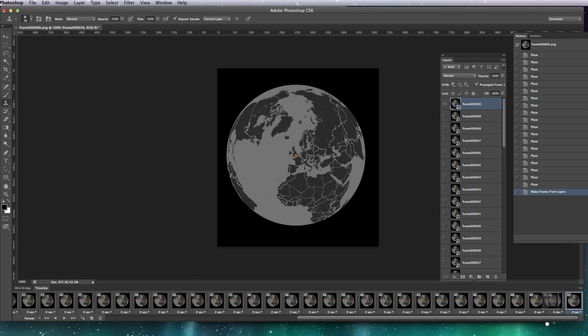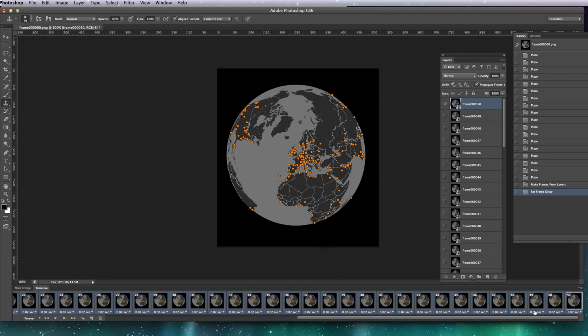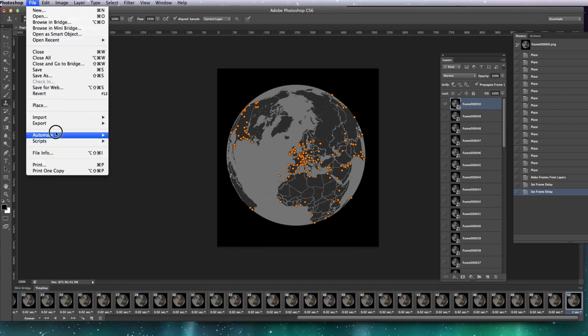because it starts at 0. Now what you want to do is just click on the last one, hold down the Shift key and click on the first one so they're all selected. Then click on this little triangle here next to the 0 seconds, select other and do 0.02 seconds as the time delay. And on the last frame, and only the last frame, change it to 2 seconds. I think this just looks better so that it just pauses on the last frame for a bit before starting again. So now you've set your timings, save for web, which is the handy